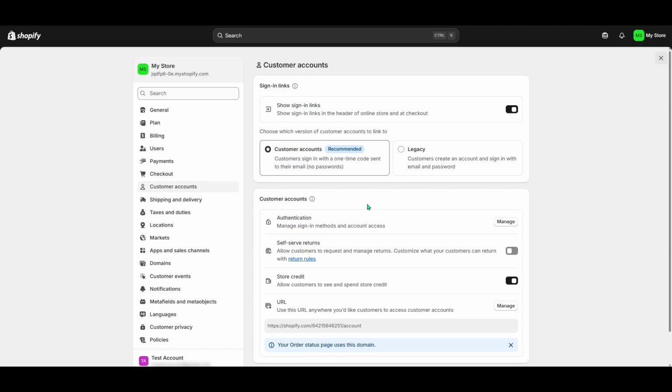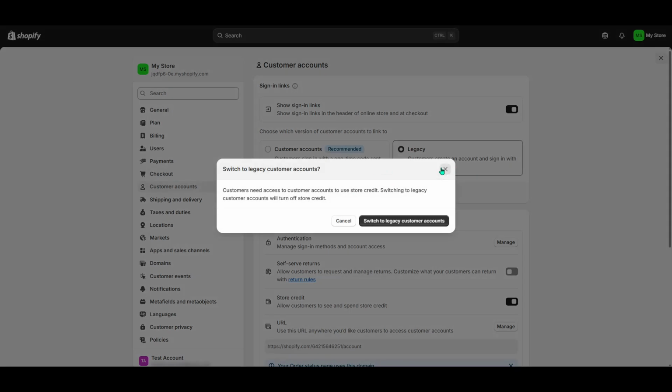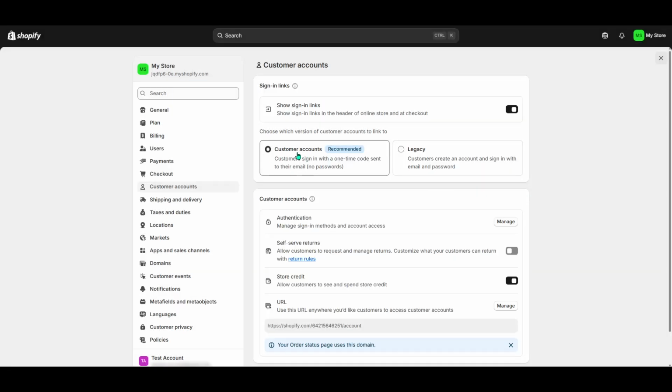loyalty among your customers. Next, you'll be prompted to decide which version of customer accounts best suits your store's needs. You have two options here. The first is the Modern Customer Accounts option. This option is quite innovative, allowing customers to sign in using a one-time code sent directly to their email. It's convenient and streamlined, removing the need for your customers to remember yet another password, and thus lowering the barriers